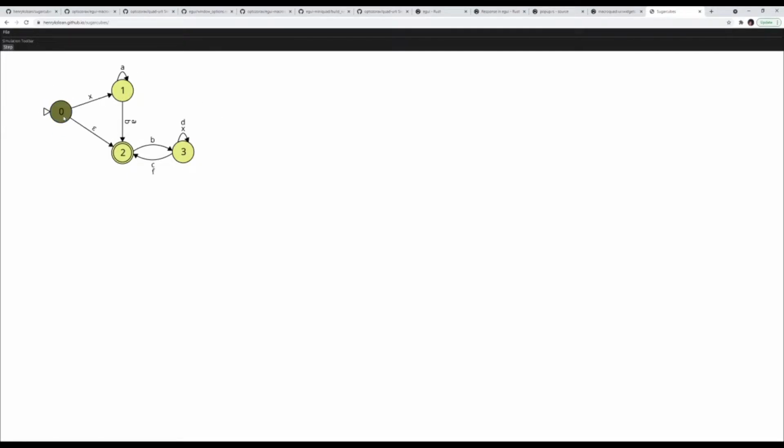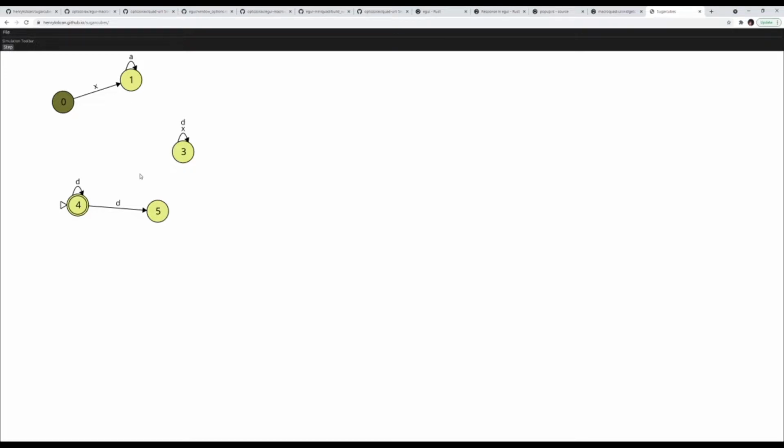So obviously we can move things around with the mouse, but the main loop is double clicking to create a new state. You can then right click it to make it the initial state, for example, or the final state. You can double click to make another state. And if you double click starting on a state, you can draw a transition. If you stop on the same state, you make a transition to itself, and then you can add the symbol. And if you drag to another state, you can make a transition like that. So I have that implemented so far.